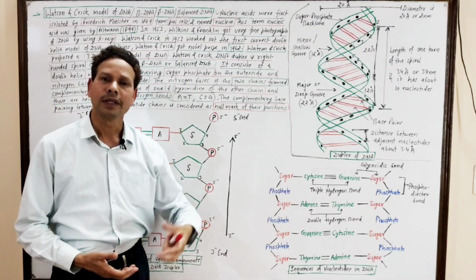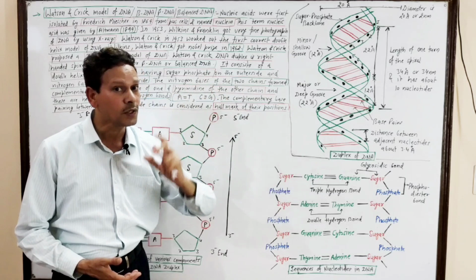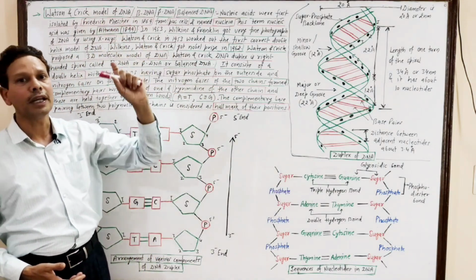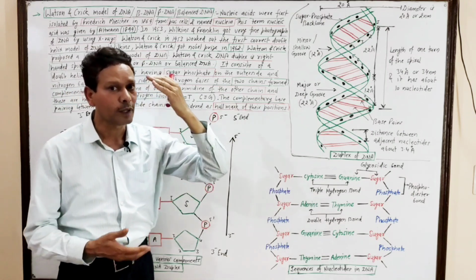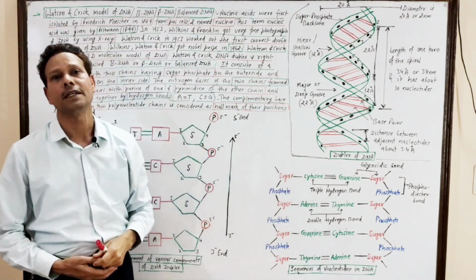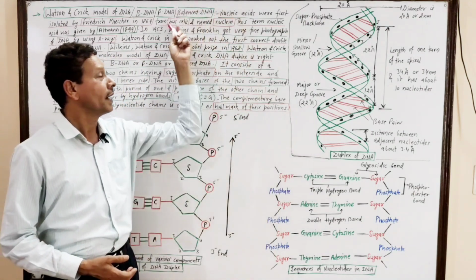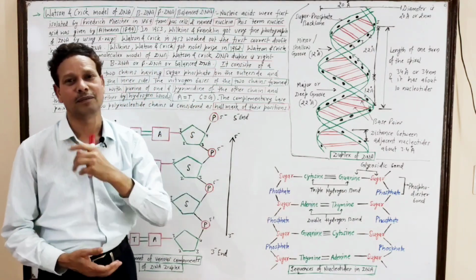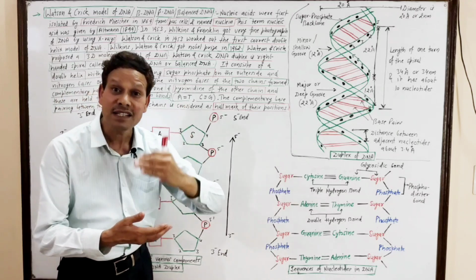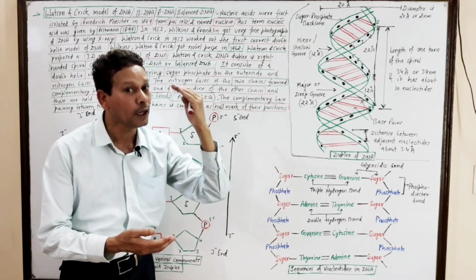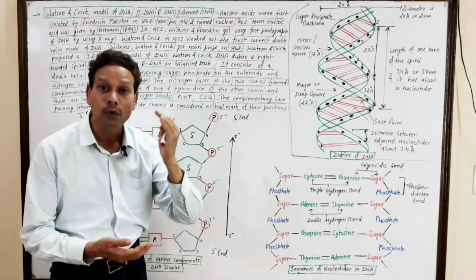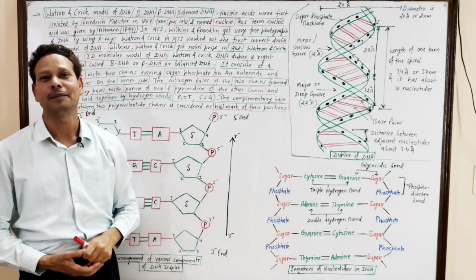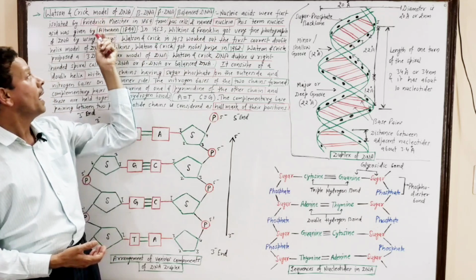First of all, these nucleic acids were isolated by Friedrich Miescher in 1869 from pus cells, dead WBCs, and he named them nuclein. But these are acidic in nature and commonly found in the nucleus. So these are nucleic acids, and this term nucleic acid was coined by Altman